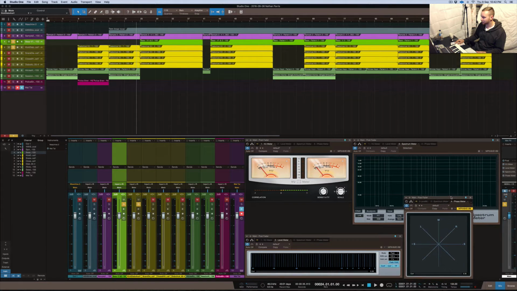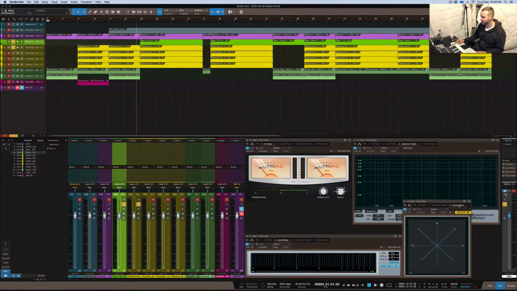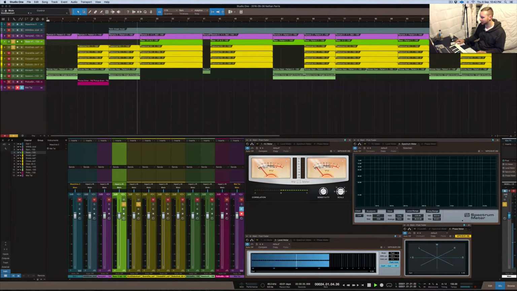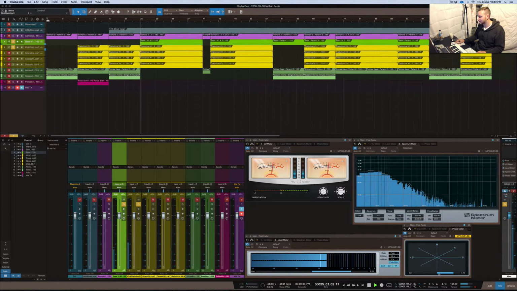But before that happens, it's good to have meters to give you a real good indication as to, one, where your phase is sitting. So the correlation meter down here tells you where your phase is, and if it's all the way to the right, then you know you're in phase. Now if it's coming to the left, the correlation is in minus, so that means there's phase issues. As you can see, pretty much everything right now is in mono, but when I introduce the